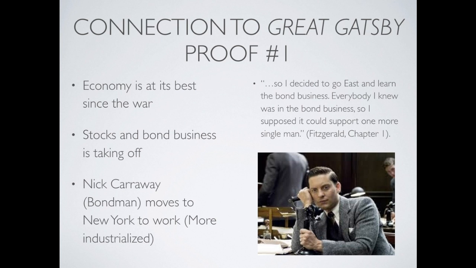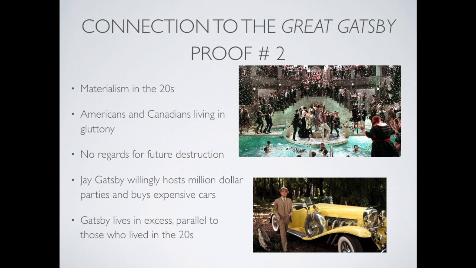Fitzgerald, Chapter 1. The Great Gatsby also deals with the economy because people had lots of money to spend leisurely. New Yorkers spent excessively without doubts about future issues. Materialism had influence on the wealthy. For example, Jay Gatsby hosted luxurious parties quite often and bought expensive cars. Little did they know that the Great Depression would ensue caused by their foolish behavior.